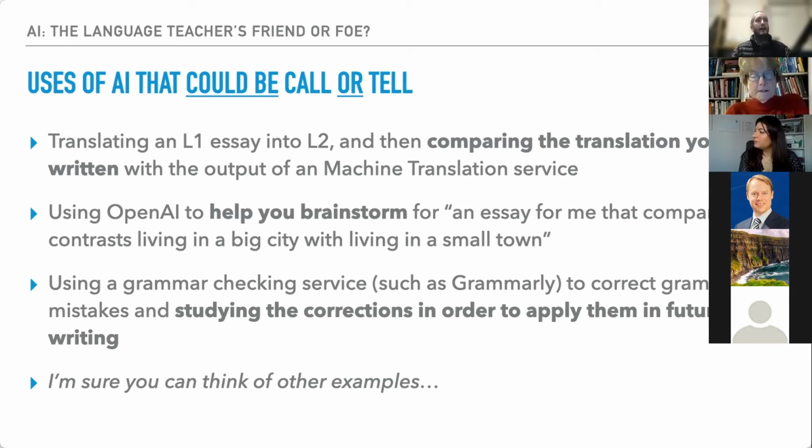Using OpenAI to help you brainstorm for an essay that compares living in a big city or small town. So as we saw previously, that text it produced, I would say, would be more suitable for a brainstorm. And if I had put in bullet points, the AI would have produced bullet points. So I think we could say, okay, students can go to Google to brainstorm a topic. In the future, they'll go to AI to brainstorm a topic and ask the AI, please help me brainstorm this topic.